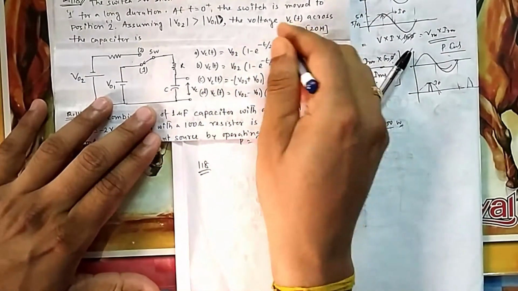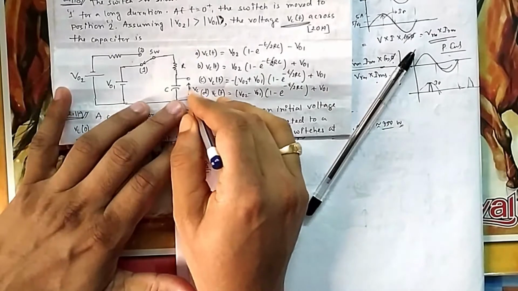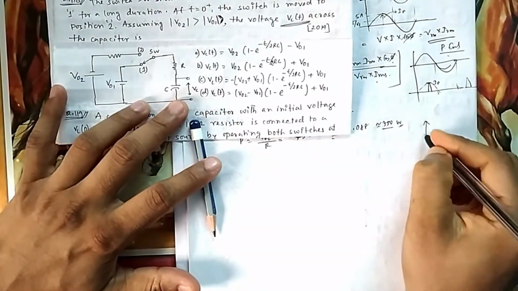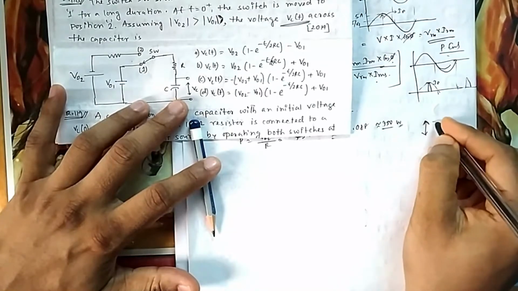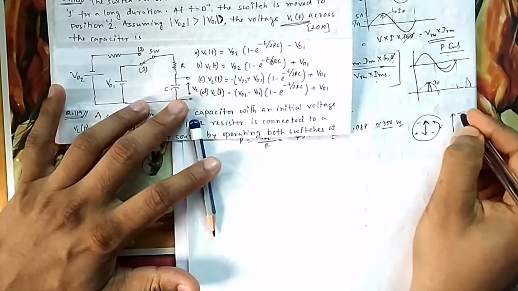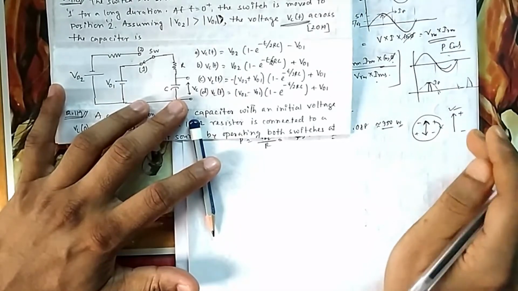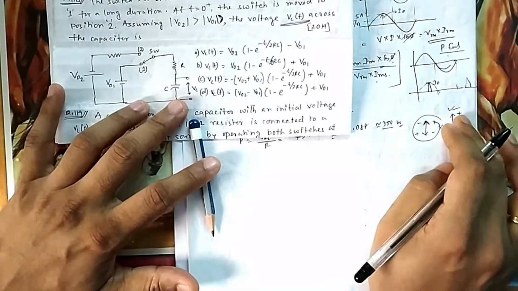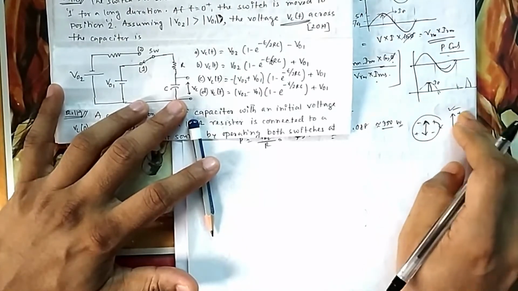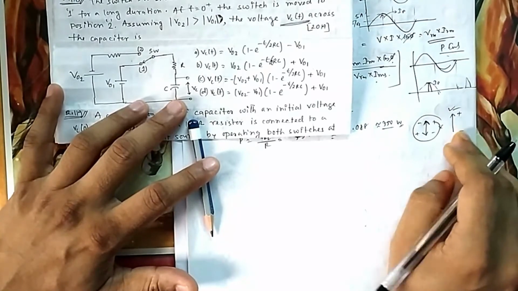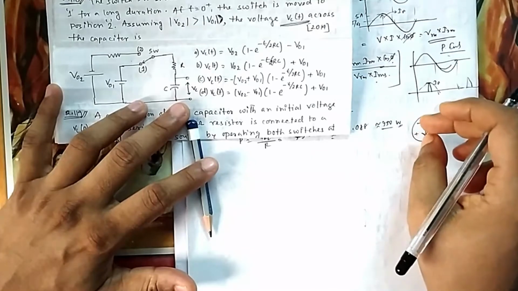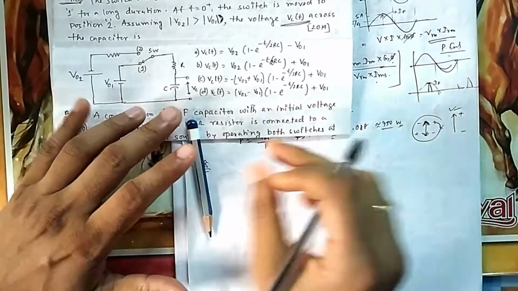They are asking for the voltage VC(t) across it, but they have not given any direction. If the voltage is given in this format, that means they have not given any preferred polarity. It can be plus-minus or minus-plus, anywhere. But if they give it with only a one-sided arrow, then the plus-minus is fixed. This is the reference for the answer. If your answer is exactly this, the answer will be positive. If you get the reverse of that, the answer will be negative. But if they give it in this fashion, they are only concerned about the voltage magnitude. The direction can be whatever.